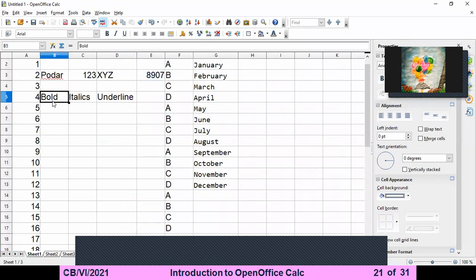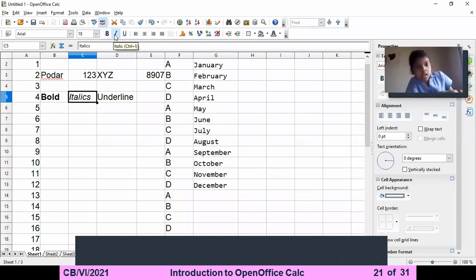Okay, so first I am doing bold on the bold word. You can see here the symbol of B. Otherwise, you can use the shortcut key Control plus B. It depends on you what you want to use. In the exam they can ask you shortcut keys, so don't forget. You can see the change, how it was before and how it looks now. Now italics. You will see the changes.